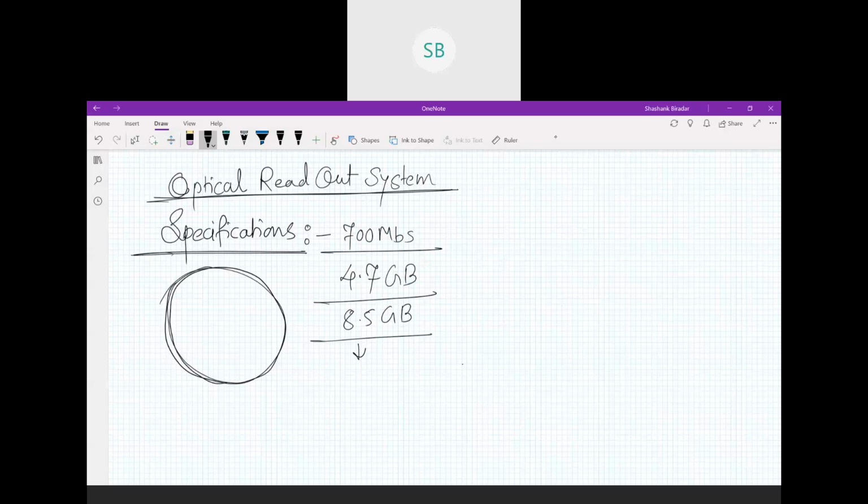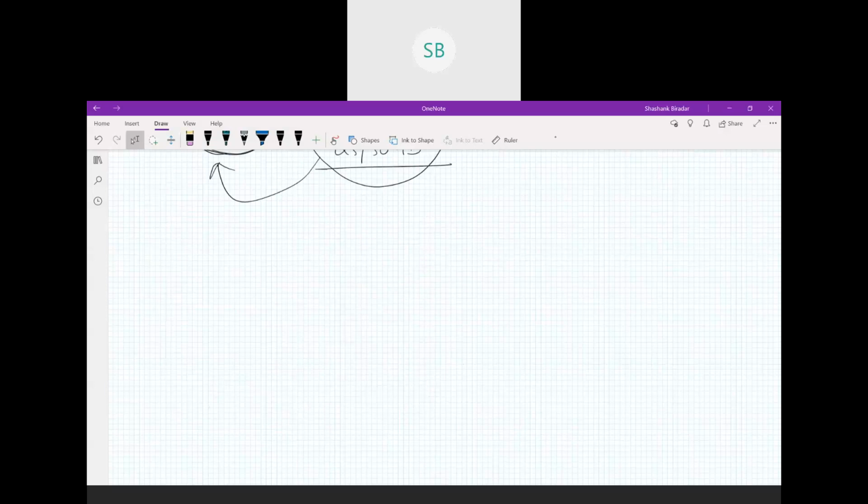Irrespective of all these parameters, we are accommodating them with the same physical dimension. We will see how that is possible. Before that, just going to the specifications. First parameter is the diameter. If possible, you can take notes. Diameter is 12 centimeters. Second one, the thickness, is 1.2 millimeter. These two are important parameters.